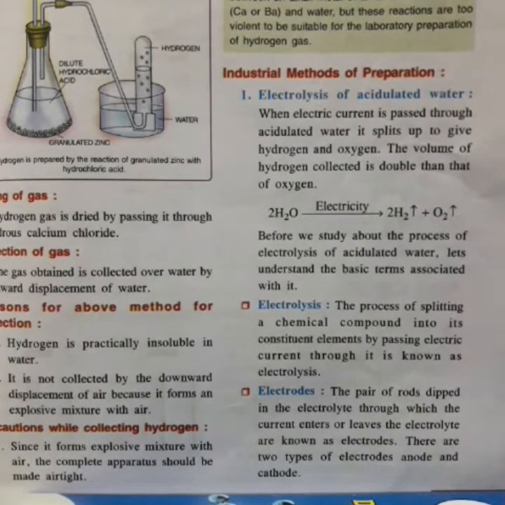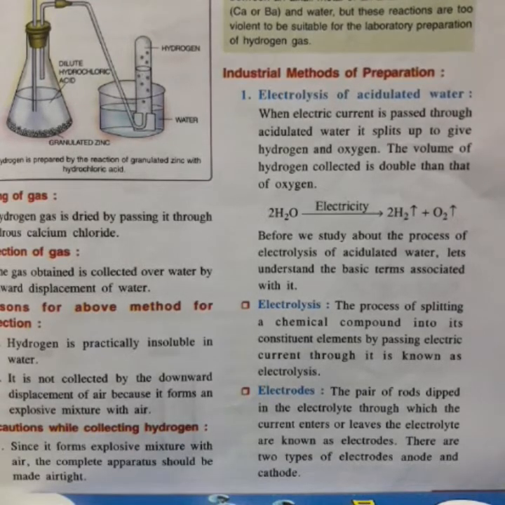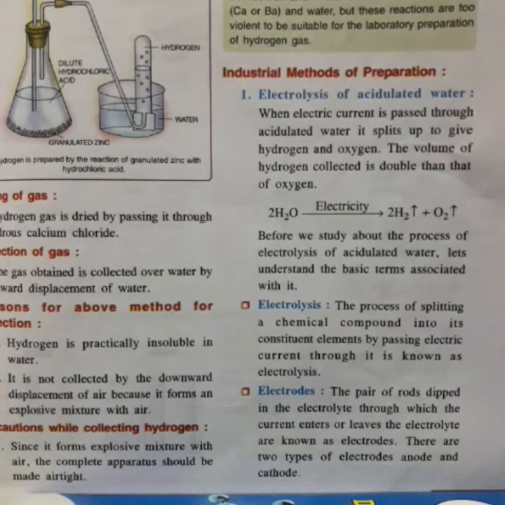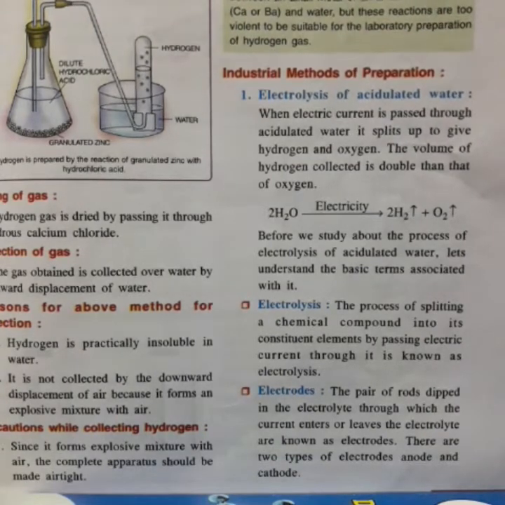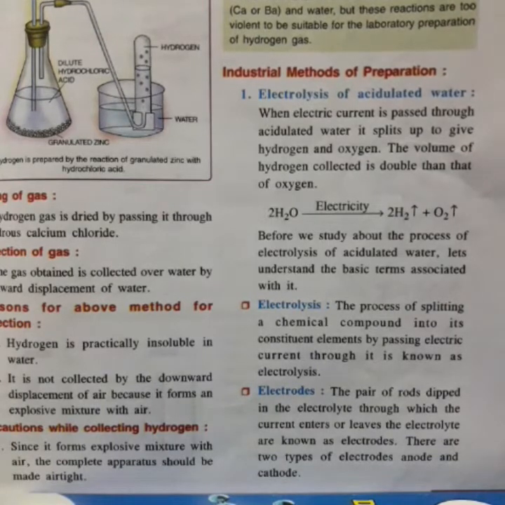Now a little bit about the apparatus also, I will explain only a little. Just see the apparatus. A conical or flat bottom flask is used and it is fitted with a thistle funnel in one mouth and a delivery tube in the other, and the other end of the delivery tube is inserted in one of the holes of a beehive shelf which is placed in a trough of water, and a gas jar filled with water is placed in which position? Inverted position over the beehive shelf. What is the role of this one? It is used for the collection of gas.